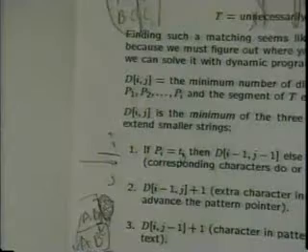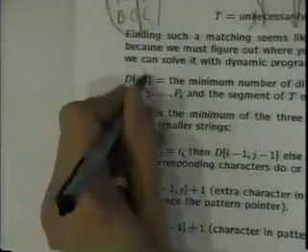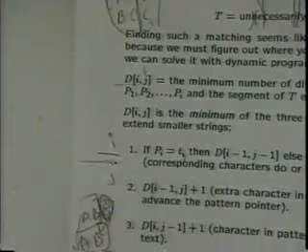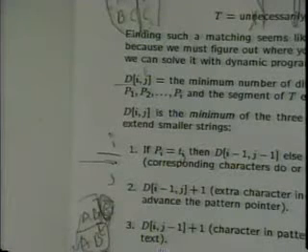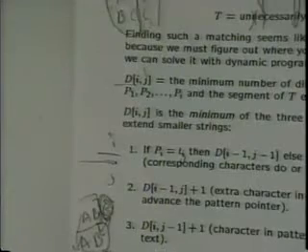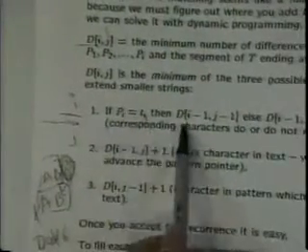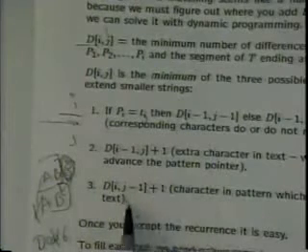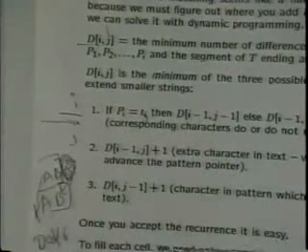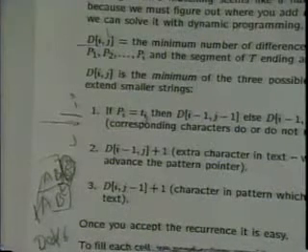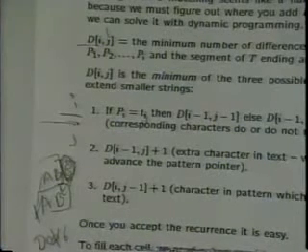The cost of editing the first i characters to the first j characters is the cheapest of all the possibilities once I take off the last thing I did. And the last thing I did could have either been a substitution or a match, insert 1 to the pattern, delete 1 to the pattern. In all cases, I'm referring to something smaller, which meant that if I filled in my matrix right, it had to be there. And that gives me the right way to do it. Any questions about that?